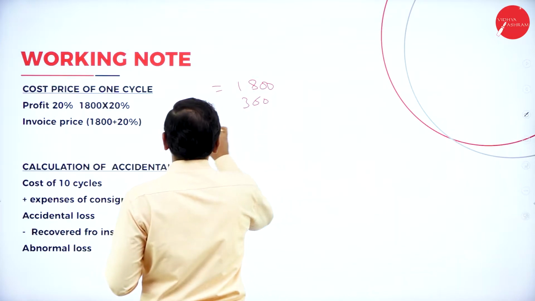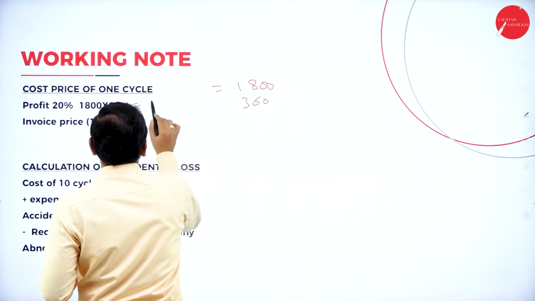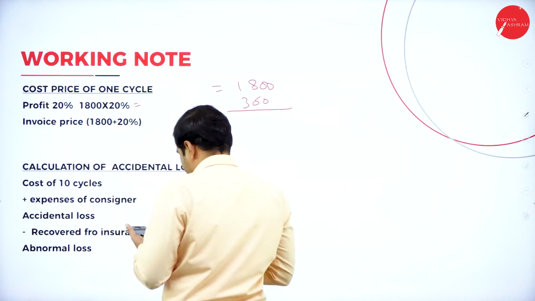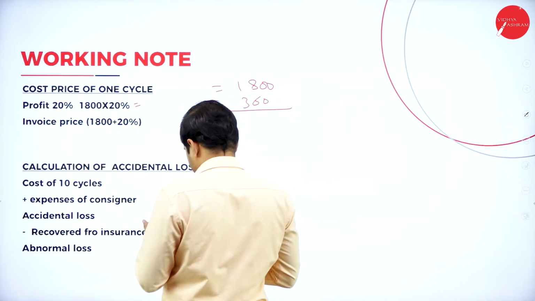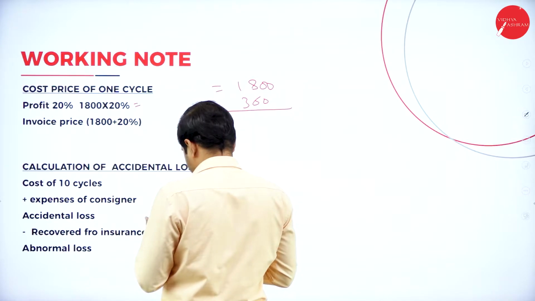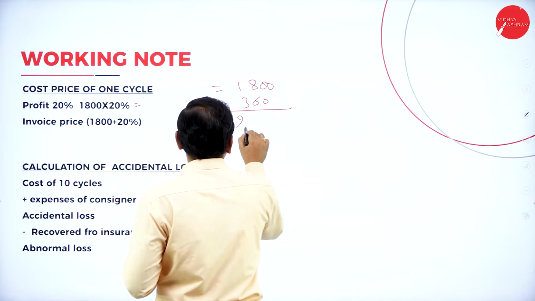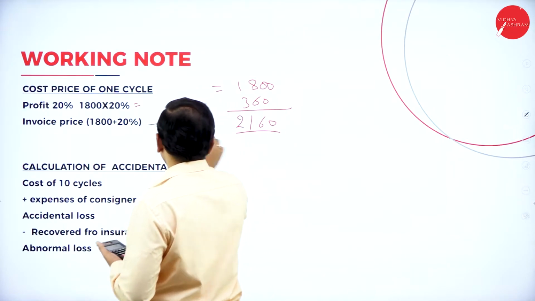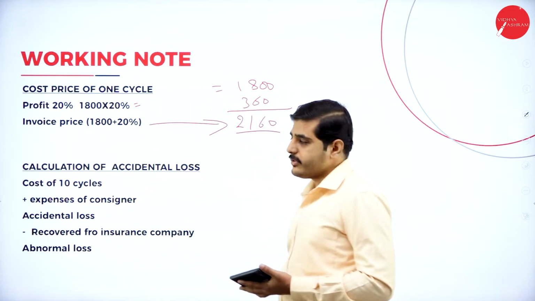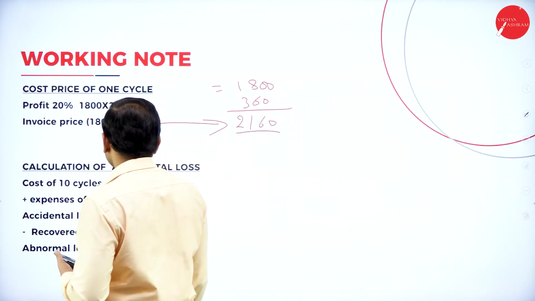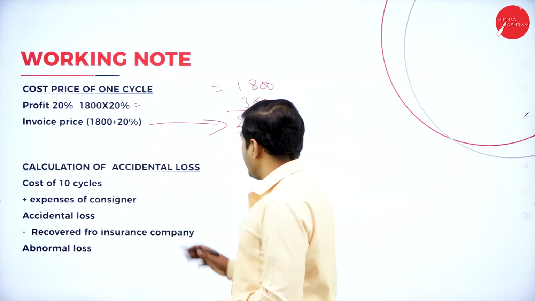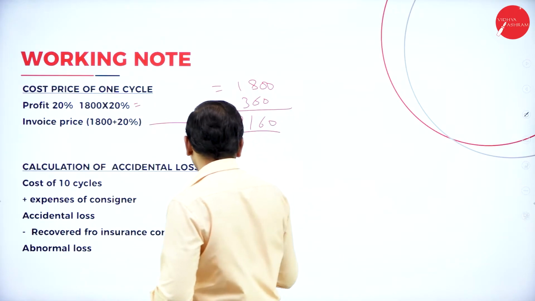Add the 20% profit, 360. If you add it, 2,160 is the invoice price of the bicycles. Again, calculation of accidental loss. Now, cost of 10 bicycles. What is the cost of 10 bicycles? 10 bicycles cost is